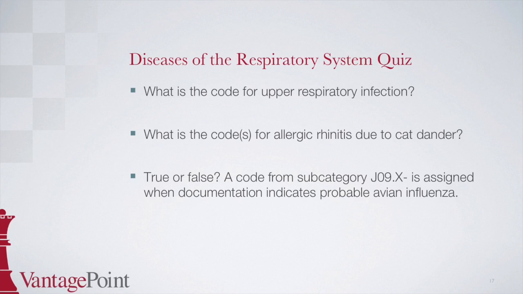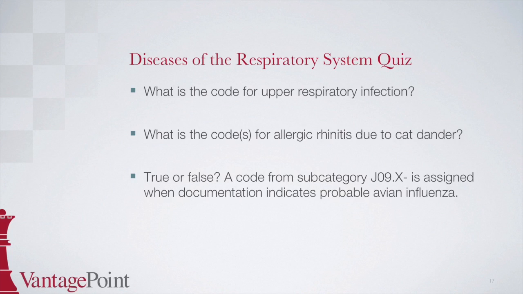The answer to our first question is J06.9, acute upper respiratory infection unspecified. To locate this code, start at infection in the alphabetic index, then go to respiratory, and then upper, which has the term acute in parentheses as a nonessential modifier, which points to J06.9, which you would then confirm in the tabular. The answer to the second question is